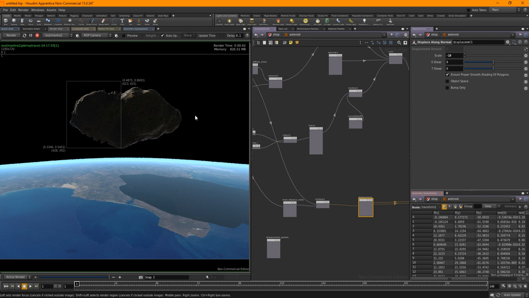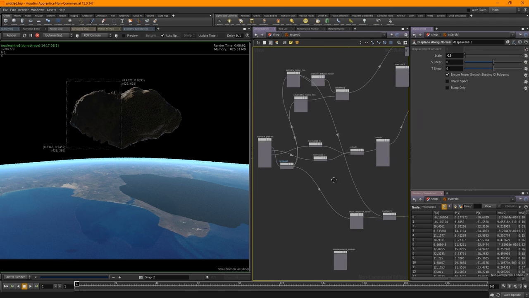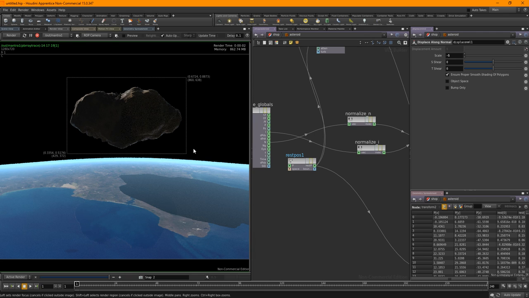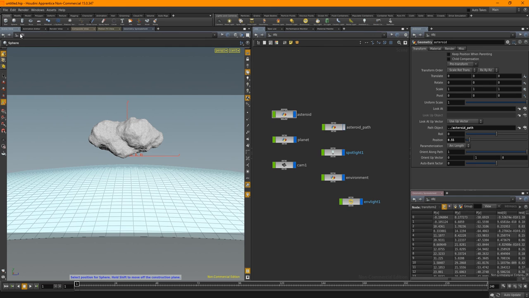Yeah, there we go. Let me pull that out of there. So yeah, we've scaled the object up insanely, haven't we? Okay, no, I don't want a sphere.